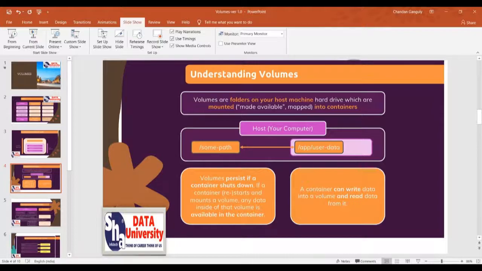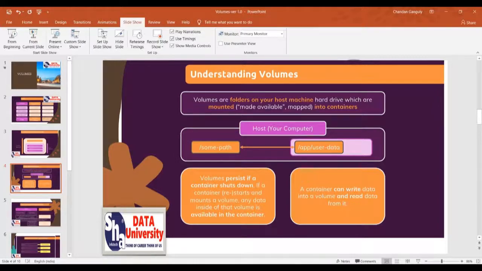Now there is another type of volume which is attached to the container, which is called the named volume. These anonymous and named volumes are wholly and solely managed by the container itself. So from outside, we will not be able to see the files within those volumes, within those disk spaces.